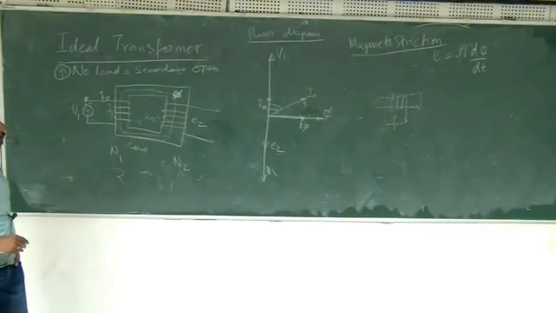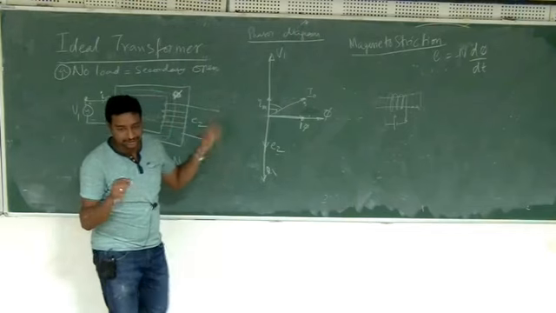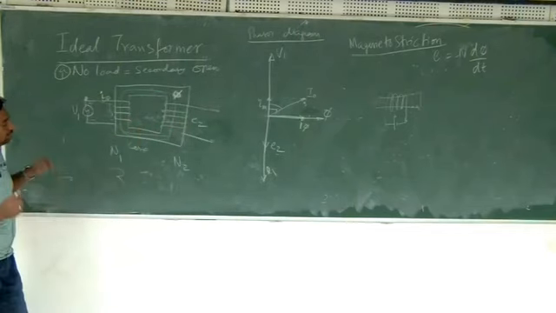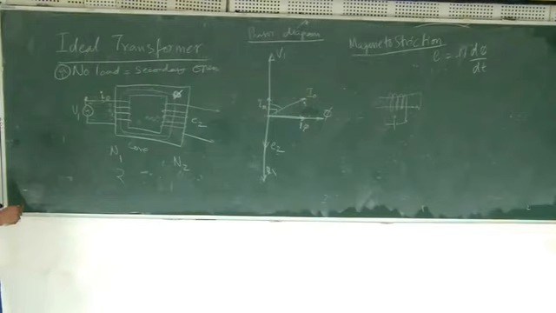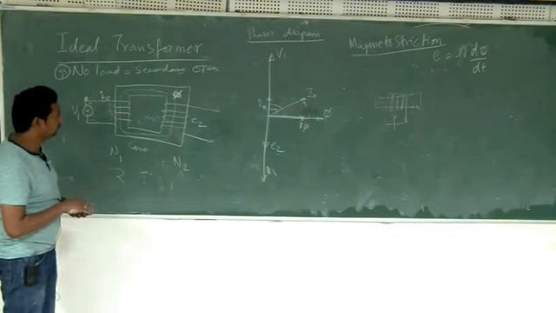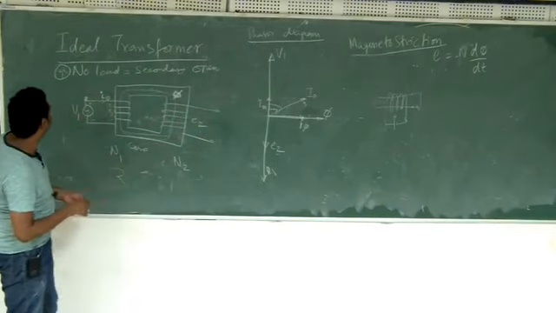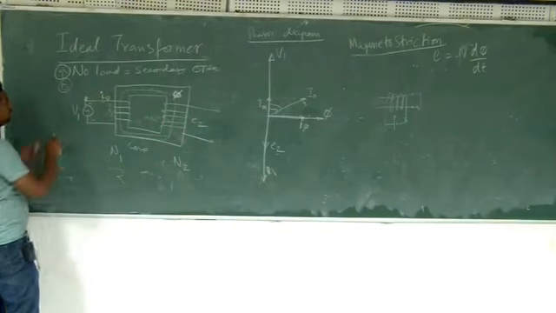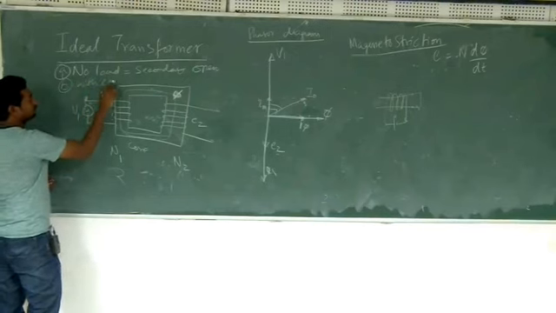Now what is the input power? V1 into Im. So that much is the input power. So cos 0 is 1. So that will account for the core losses. Okay. Now I will slowly start adding some load in the secondary. I think this is another part. So case B actually. What is case B? Transformer with core losses.